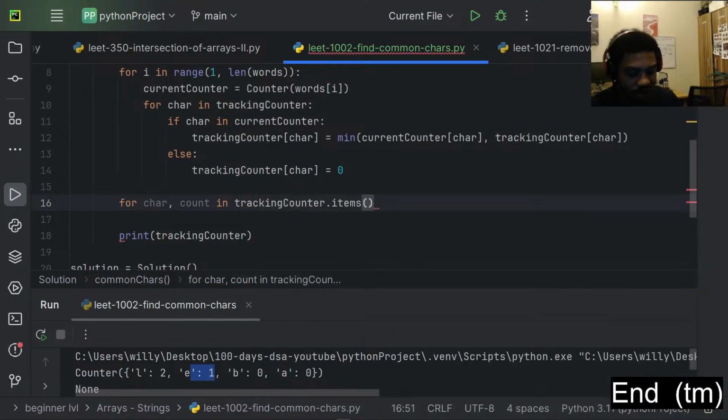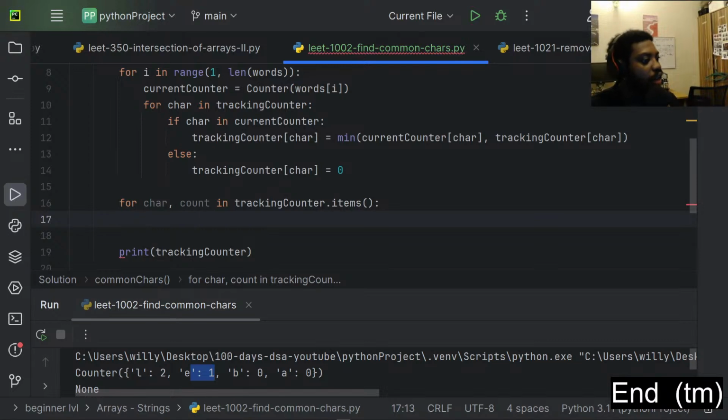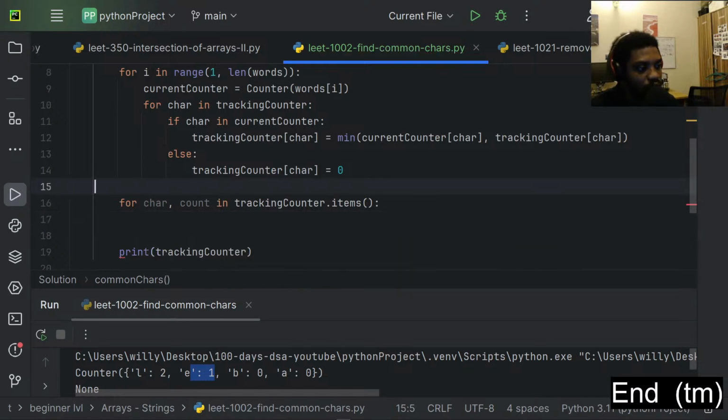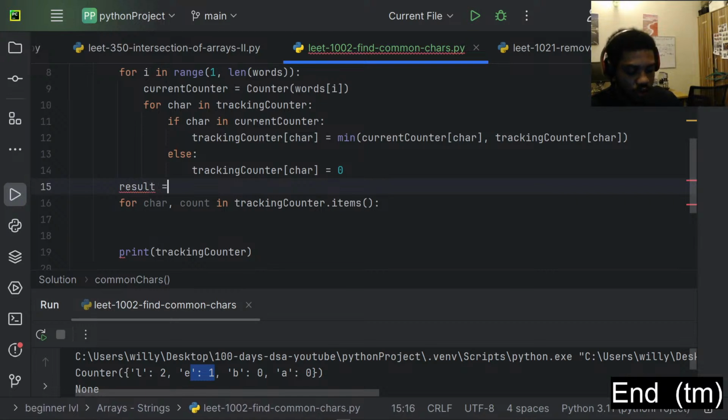Good. Yes. So we can do that, and then we need a result, right? So I'll create my results here. Results is going to be an empty array, and then I'll say results